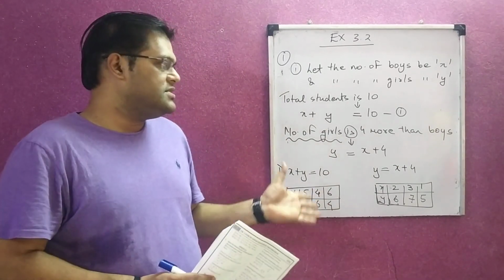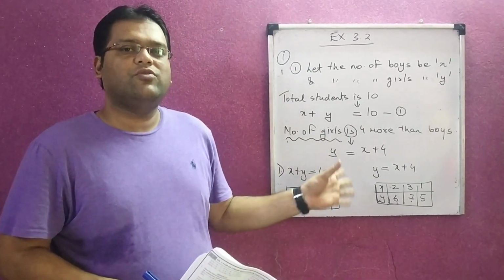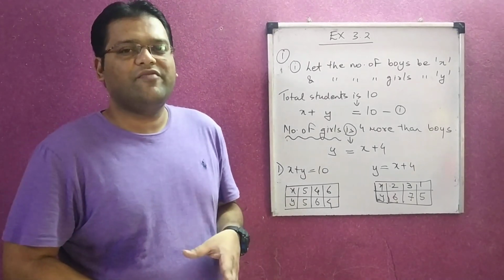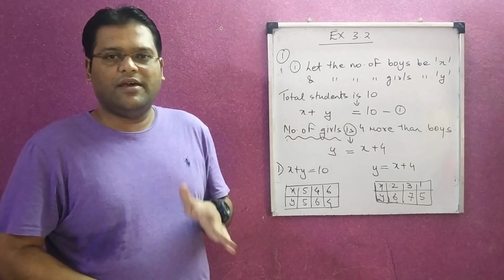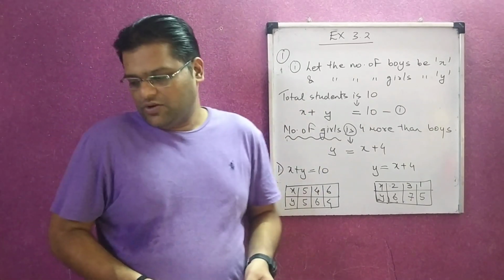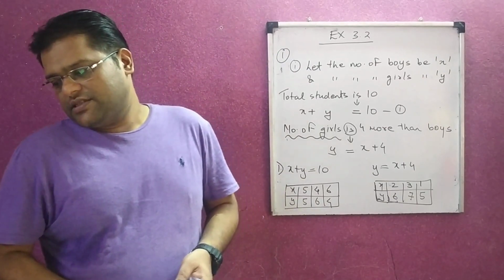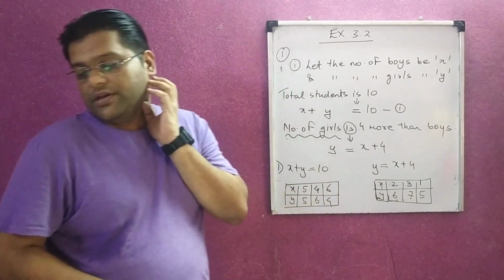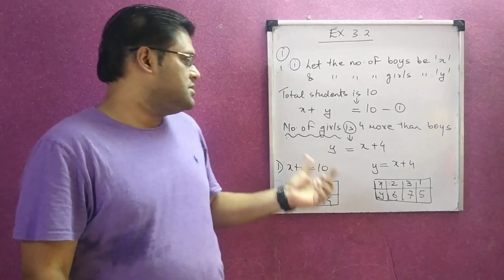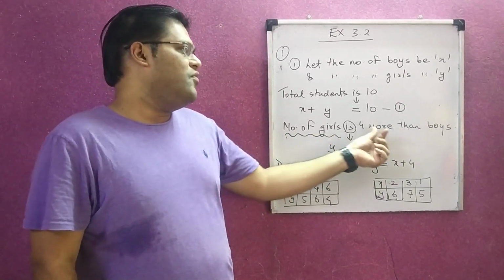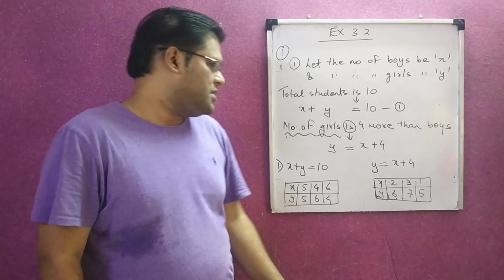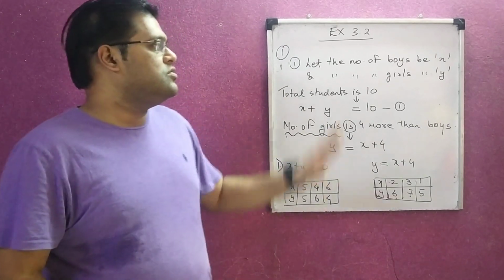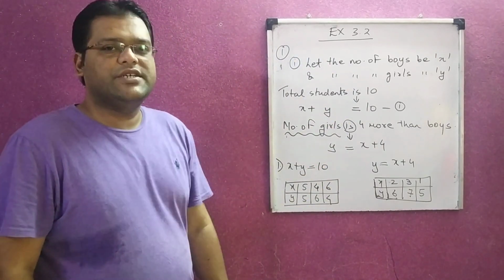How to draw the graph, we'll see. Now keep one thing in mind, that I am not using a scale to draw a graph, so you have to carefully draw the graph in your graph paper and find the solution. Am I clear? First we were told that the total number of students in the class is 10, so we wrote x plus y is 10. Then the number of girls is 4 more than boys. So girls were taken as y, 4 more than boys is x plus 4. Then using both the equations we made the table for making both the graphs. So please take down this much and then we can proceed for drawing the graphs.